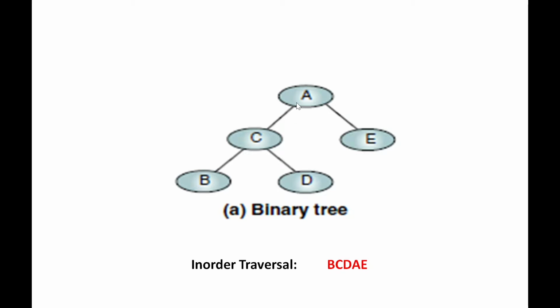That is because from A we come to C, and from C we come to B, and after printing B we print C. In in-order traversal the parent node is printed in between its left and right child. So after printing B we print C, and after C we print D. Again after printing the left child C, we can then print the parent A, and then finally E is printed. So this is the simple idea of in-order traversal, and as you can notice, it requires the backtracking facility.